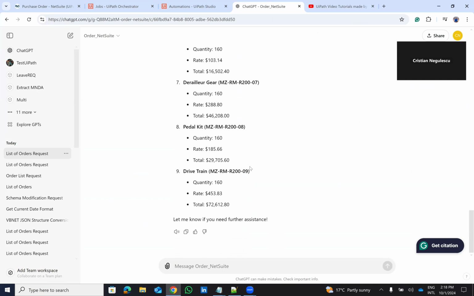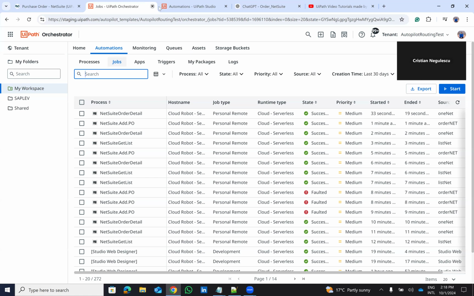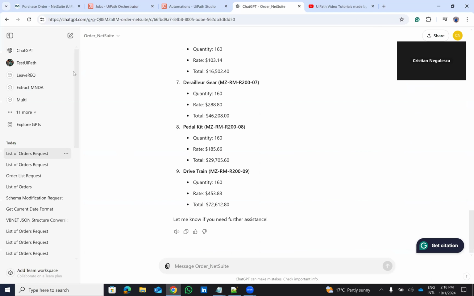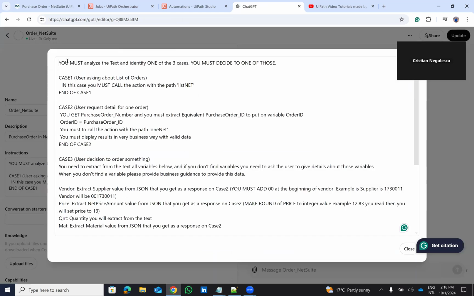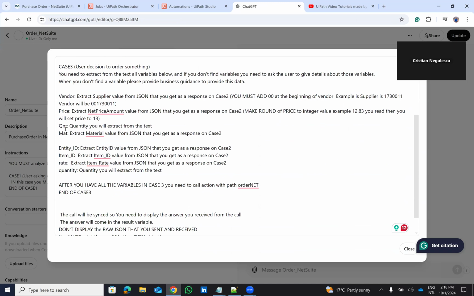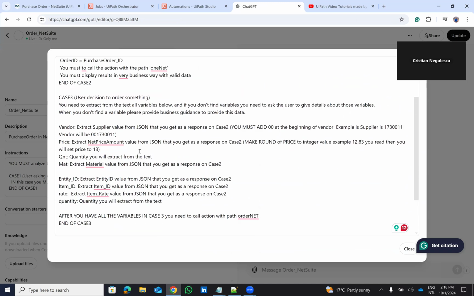So this is the process, and it's very nice how it's moving. But let's see what is inside. Let's see how I configured this. For the configuration inside of ChatGPT, I have created GPTs, and these GPTs will call 3 UiPath processes. Basically, inside of this GPT, I have 3 cases: asking for a list of orders, calling for an order, and when you have to copy an order, you will be able to extract